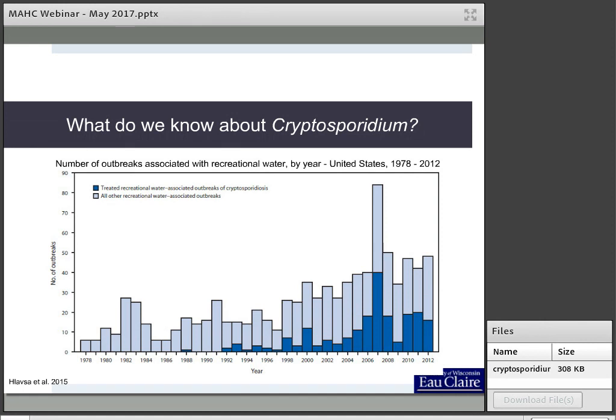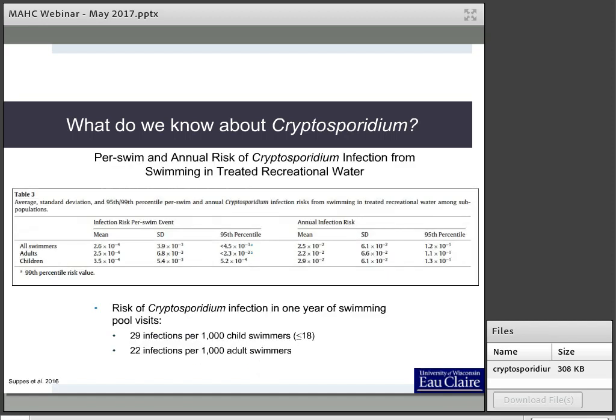So the dark blue bars on this graph are showing the treated recreational water associated outbreaks with Cryptosporidium. And since it emerged in the late 80s, early 90s, we do see that we've seen increased outbreaks associated with this pathogen. And the risk associated with developing an infection of cryptosporidiosis has been quantified, and it's greater in children